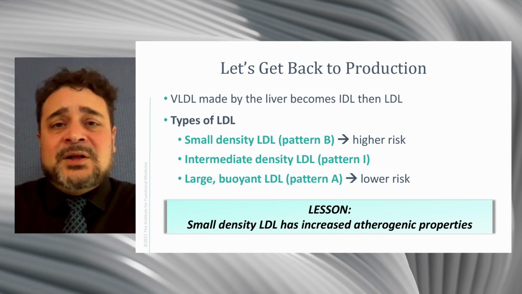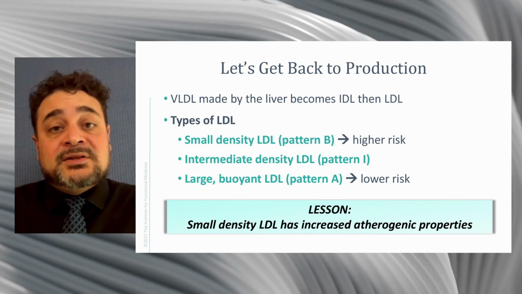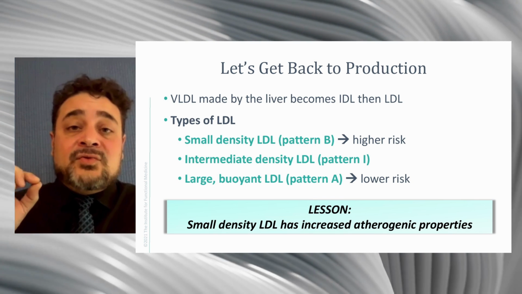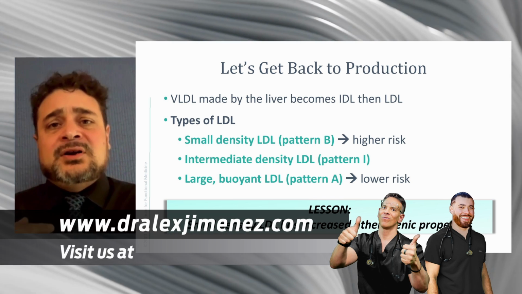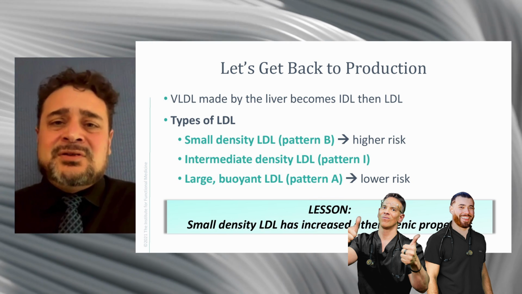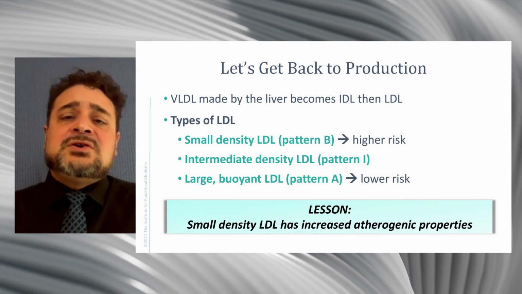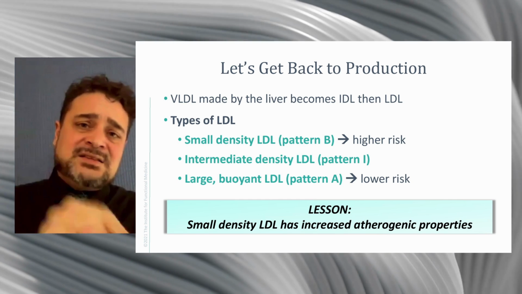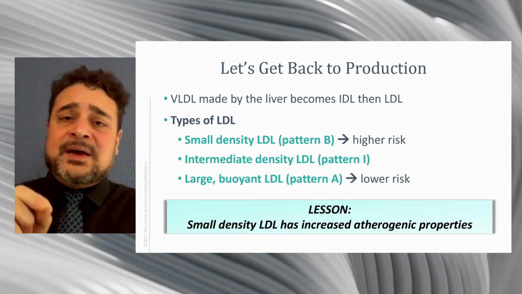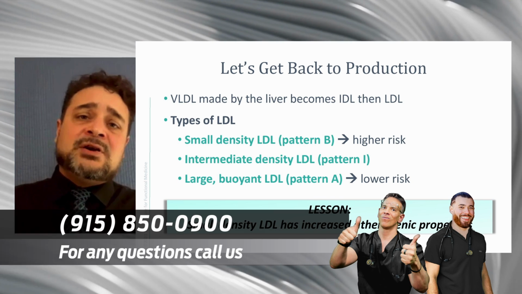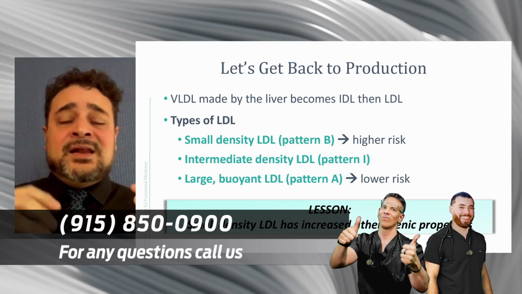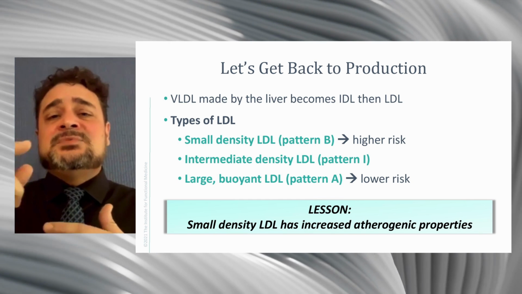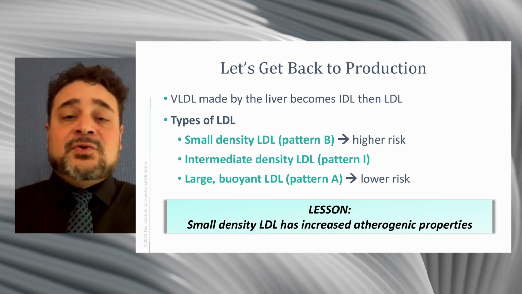Higher sugar can increase small density LDL, but one of the thoughts about small density LDL is that it is a targeting molecule. If you have a chronic infection, like a chronic tooth infection or osteomyelitis or chronic bad bacteria in the gut, the body's going to think it has to fight infection, so it starts making tiny LDL. And the tiny LDL goes and sticks to whatever it thinks it needs to stick to, like bacteria. And then the white blood cells go and swallow them. Well, guess what? Now that tiny LDL is floating all over the place. It goes into the cracks of the blood vessel, and then those macrophages start swallowing them, creating those foam cells,